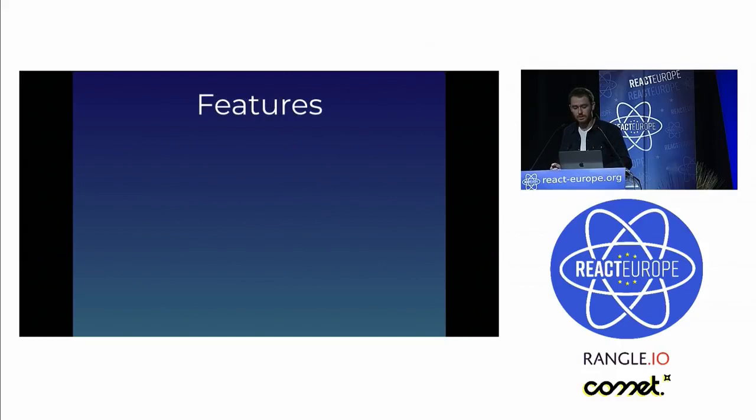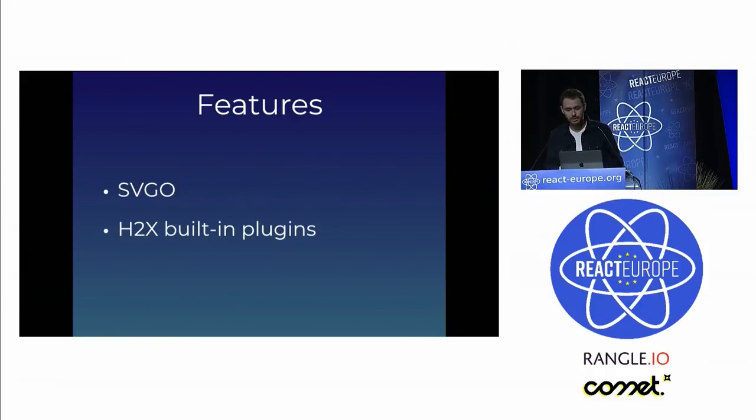And then you have to add some features. The first one was SVGO, of course. I didn't want to copy-paste my code anymore. So I decided to make it built-in. Then some H2X plugin, like the one I showed before, to be able to transform SVG into icons. And the last feature was Prettier. The code generated by H2X is good, but not very nice. And Prettier takes care of making it beautiful and readable.